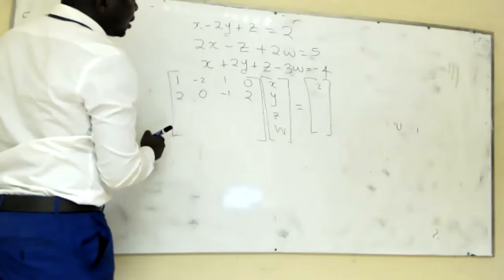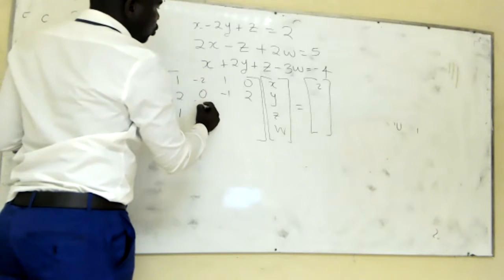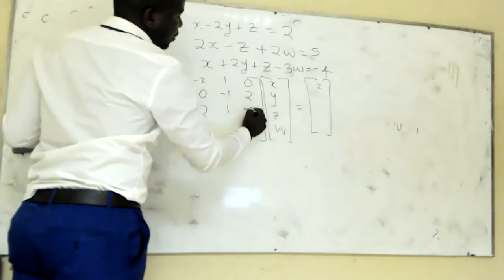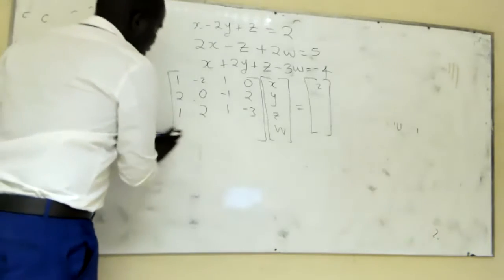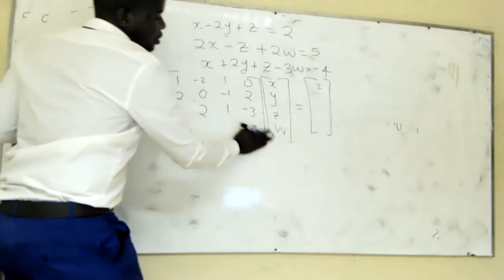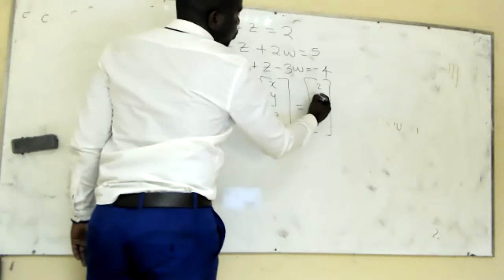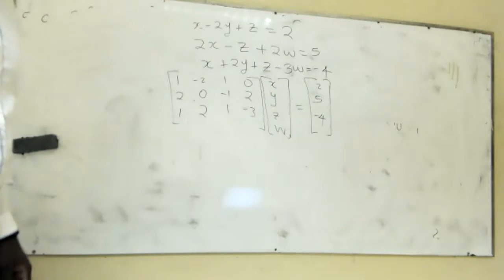Then we go to the last equation, where we have 1 as the coefficient for x and 2 for y, and then 1 for z, and then -3 for w. So this is the kind of equation we are having in this instance. And then on the right hand side, we have 2, we have 5, and then we have -4. So we have now converted the